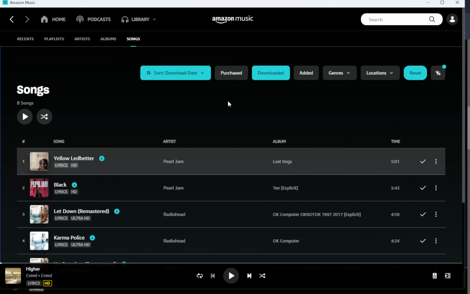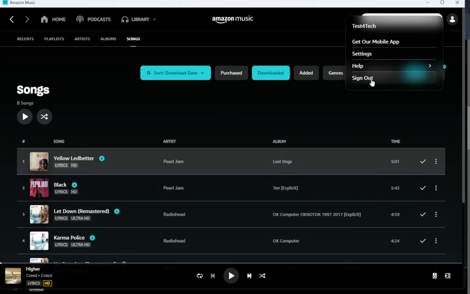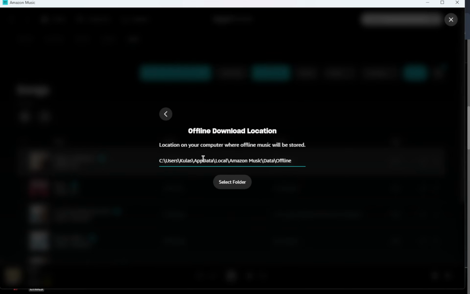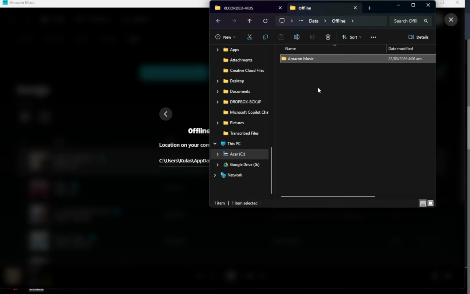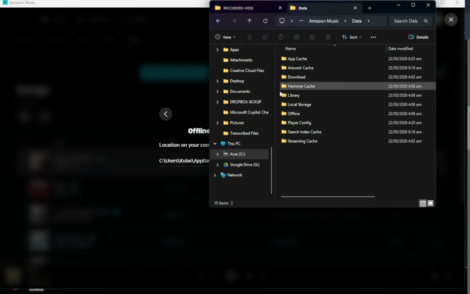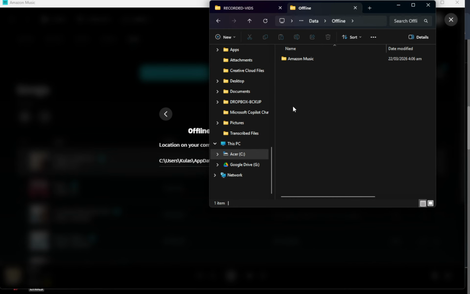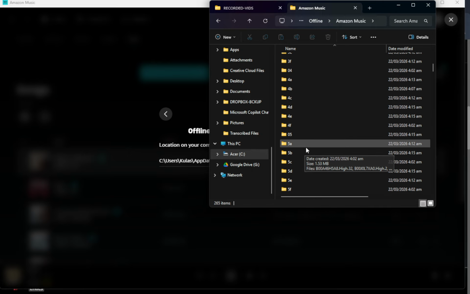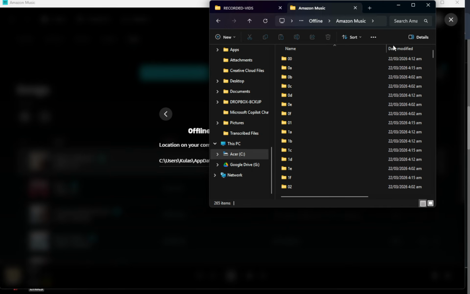If you still want to find where those files live on your computer, you can check the path from within the app. Go to your profile, open Settings, and look for the offline download location. On Windows, the folder may be something like C:\Users\your name\Music\Amazon Music. On a Mac, it may be under your Music folder at Amazon Music. Some versions also store data inside hidden application folders. Keep in mind, though, what you'll find there are app-managed, often hidden or system files, and they'll remain encrypted. Moving or editing them can break playback, and they won't work in other players.